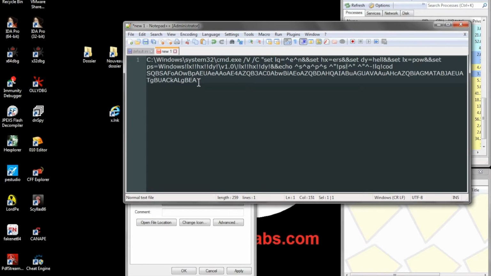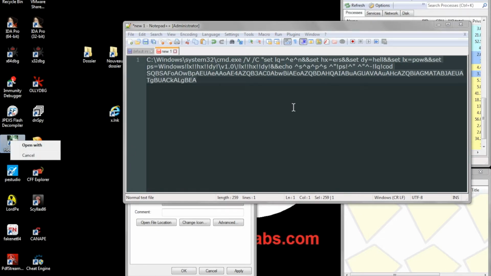And then down here, this kind of looks like base64. It's a little short, and this is where the truncation that I was talking about earlier comes into play. I can't remember how many characters exactly. Looks like it's 259-ish. So that's how many characters fit in that box. However, if we take our link